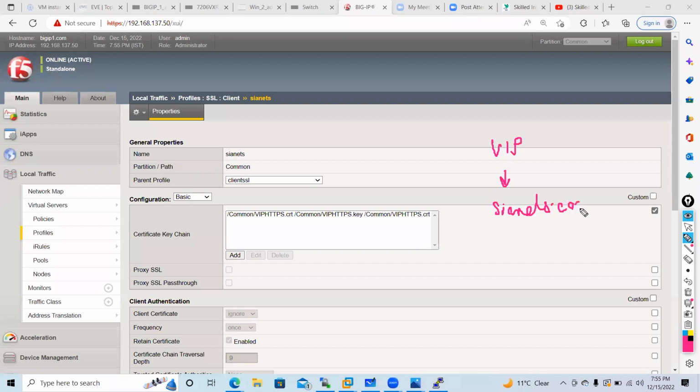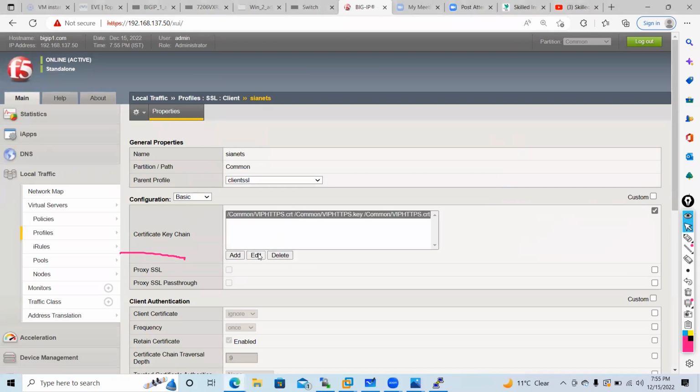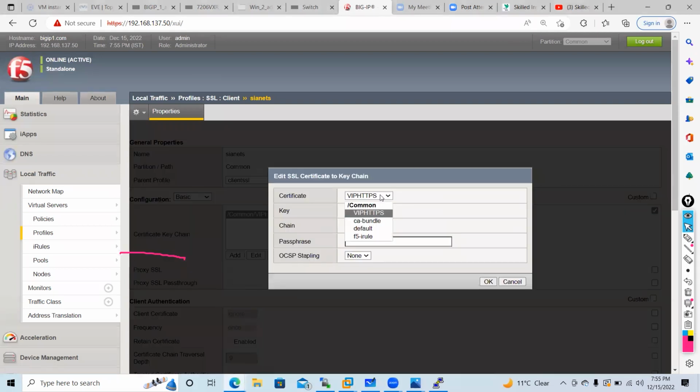Now I need to call the new certificate on this profile. So where do I need to call? Click on add, click on this certificate key chain. So you need to go to the certificate key chain here. You need to go here, edit, and you need to call that new cert and key.